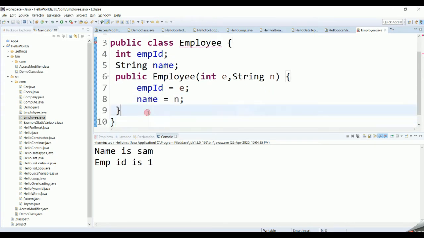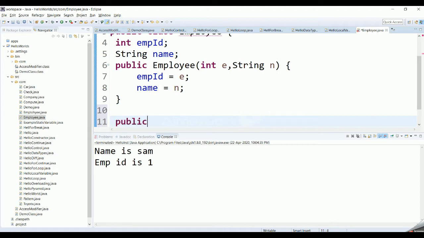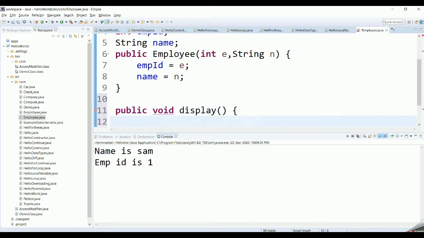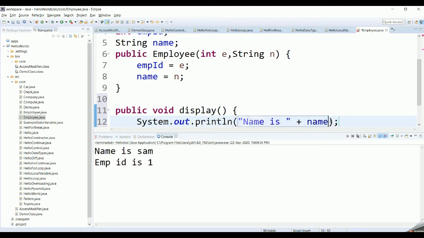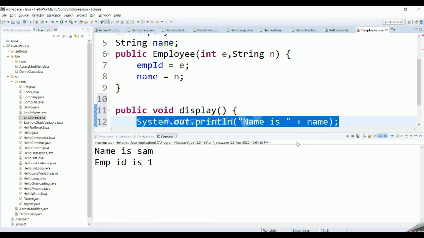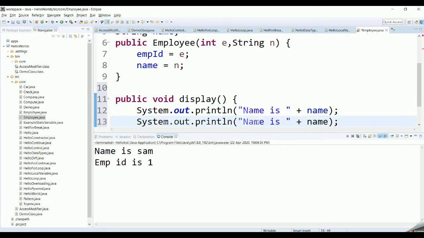Within this class, I'm going to create one other method. It is not going to return anything, and the name of the method is going to be display. It will print the name, and at the same time it will print the employee ID.